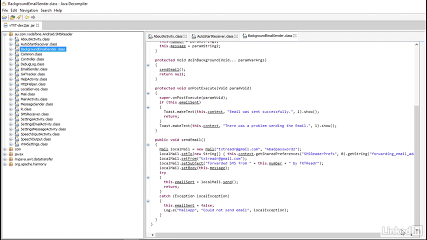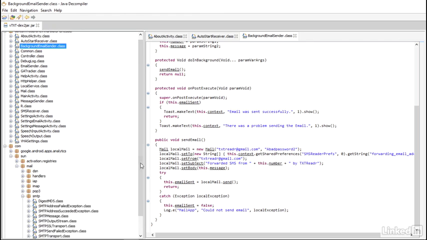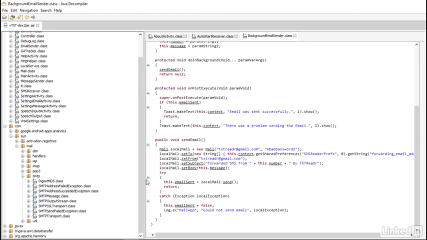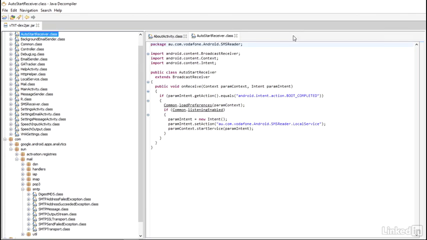Let's open the .com module and take a look. This contains the Google Analytics and Sun modules, and if we open the Sun module, we can see that it has 2 components, activation registries and mail. Mail then has various protocol handlers. Let's open SMTP. Here we see the various SMTP library routines. We can close individual files by clicking on the X at the top right of the tab, or we can